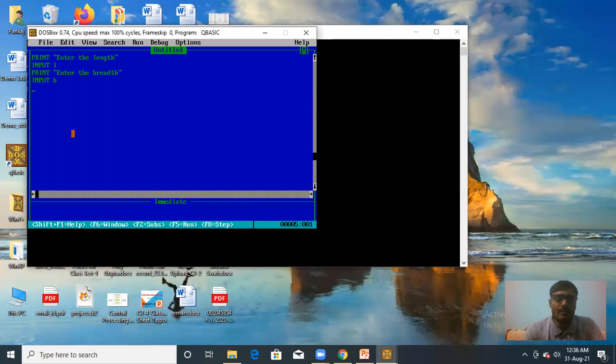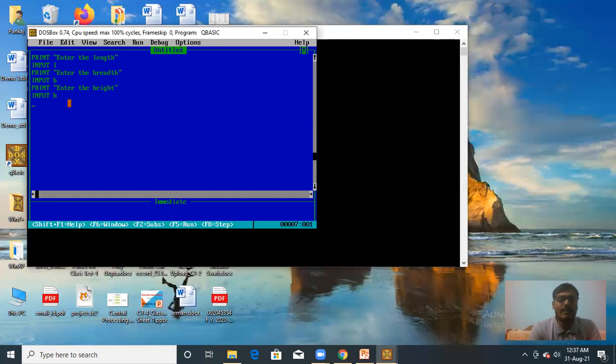Now again print another message to input height: Enter the height. Now use the input command, input H. So there are three variables L, B and H in which length, breadth and height will be entered respectively.